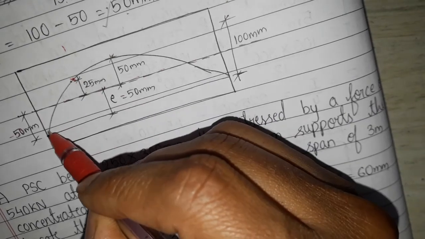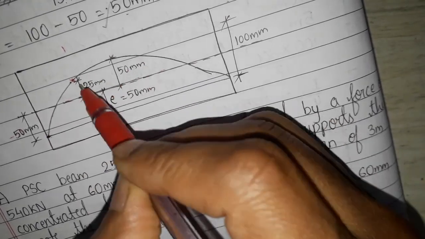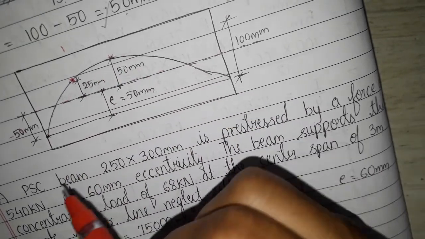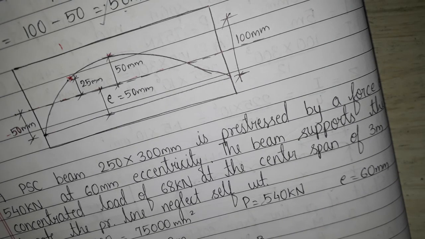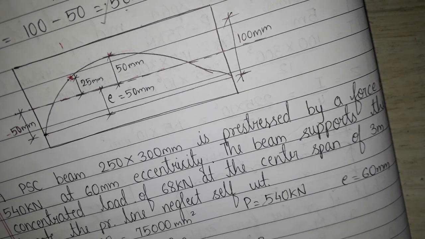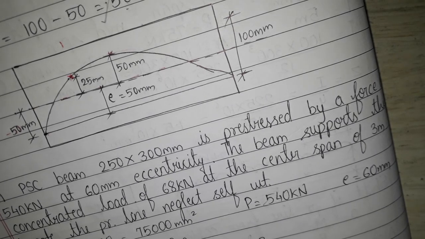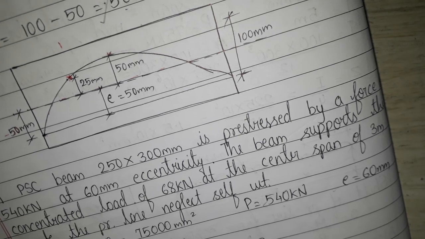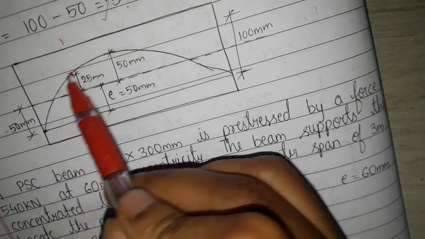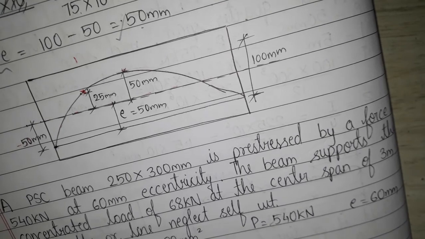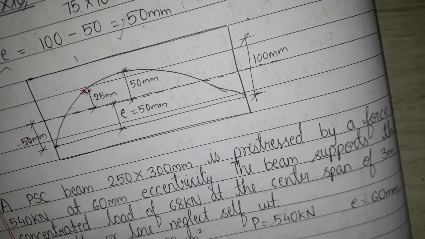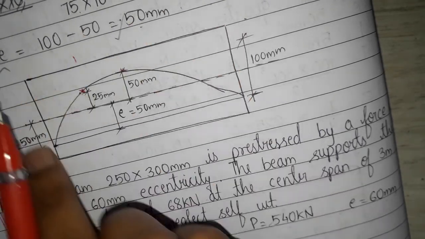So when you get all these points, you have to mark the points and then join them like this. Then you will get the pressure line. Understood? This is very easy and very important also. The only thing is you have to find out the value of bending moment with respect to the location. If you make a mistake in bending moment, 100% the value of EC will be wrong, and the profile of the pressure line will also be wrong. So you have to concentrate on the calculation of bending moment, and you have to remember the formula: A is equal to M by P and EC is equal to A minus E. Based on that you have to draw the profile.